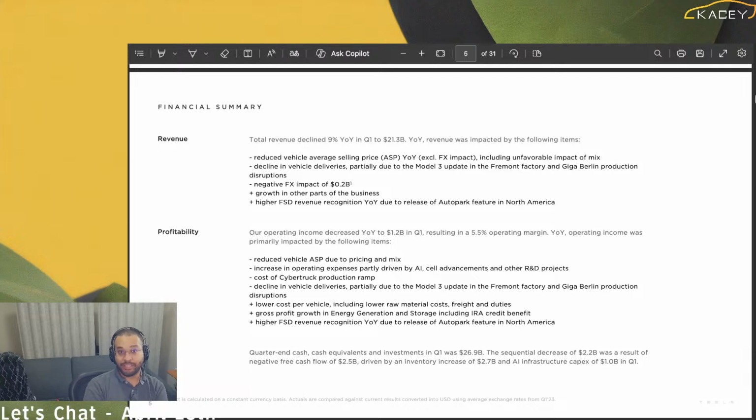Speaking of FSD, on the call, Elon was asked if they would finally allow more of these transfer events, and he just said no. Kind of like he's wrong. Not that they won't do it, but he's wrong in not doing it. So that's what I'm saying there. All right, so